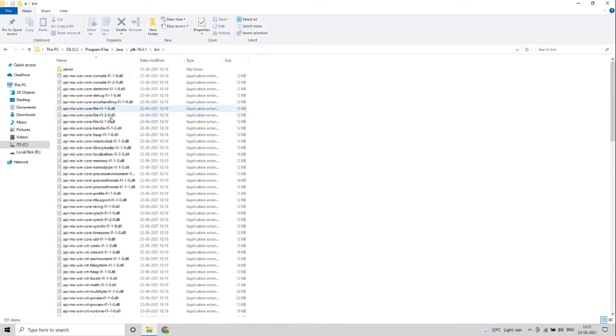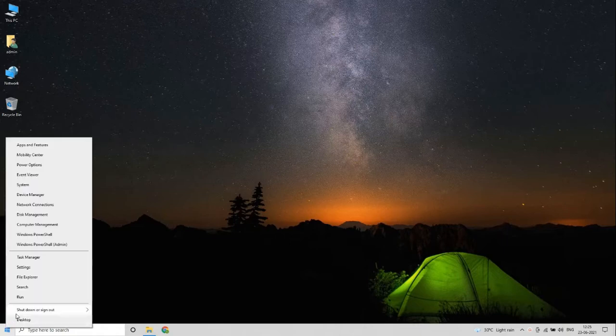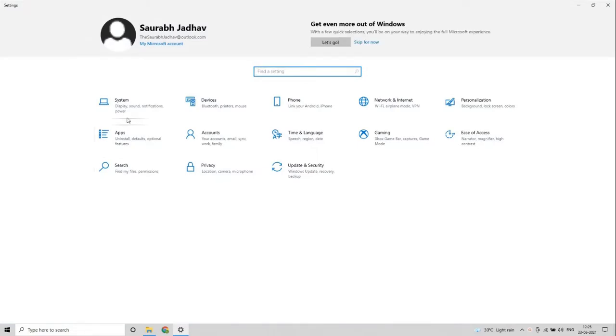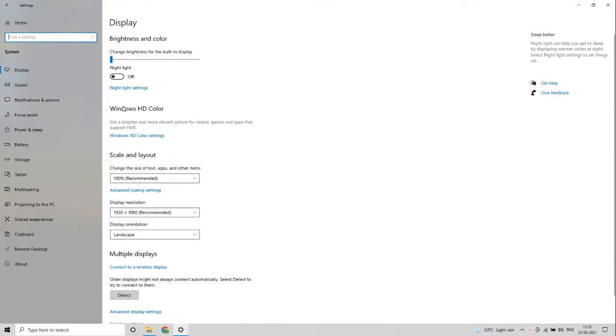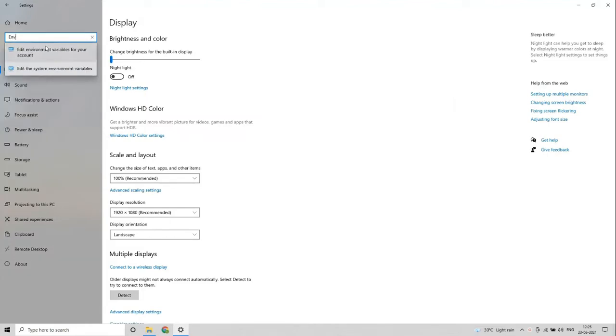So our next step is to set this bin folder as an environment variable so that we can run all the Java related commands. So copy this path up to the bin folder. Then go to your Windows icon, then go to settings, and in settings click on system, and in search type environment variables. Then you have to choose edit the system environment variables,